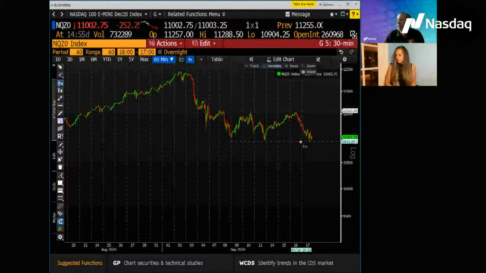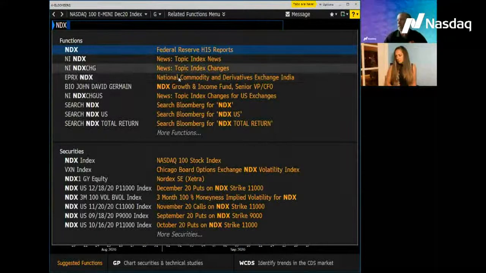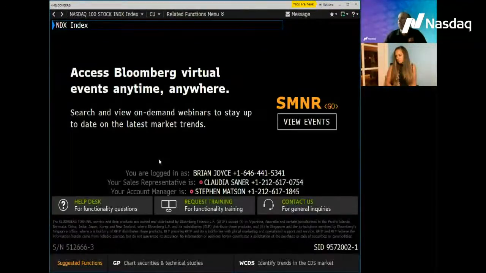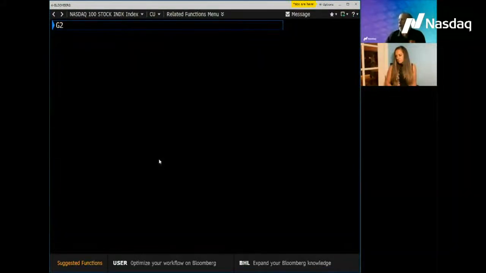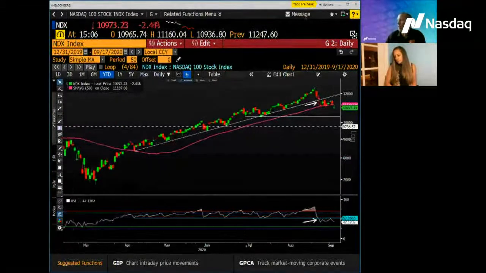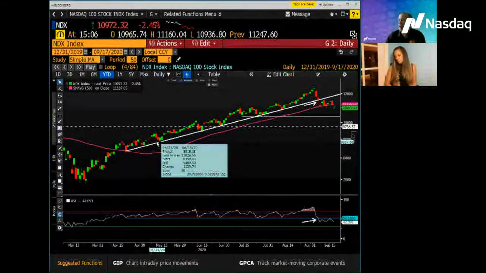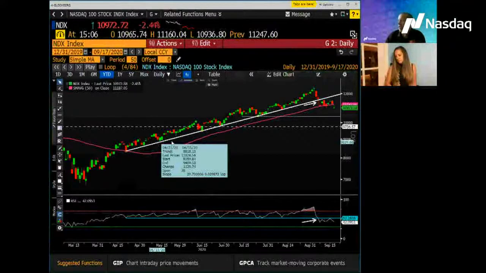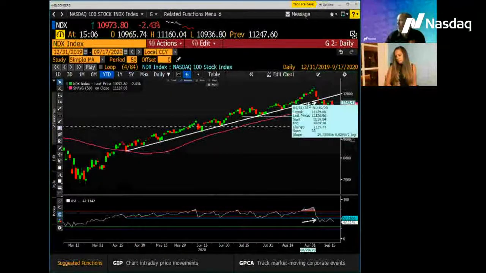So this is your clearly defined range right here, 10,925 on support, 11,565 on top. Whichever side we come out from here, it's the direction I think we're going to go from. And so that's definitely the levels that I think short-term investors want to key in on. Now, if we go to the cash index and the NDX and we look at the daily time period, we could see that we spoke about last week how we knew this pullback was going to be a little bit different than what others we've seen on the way up, for two reasons. One, this rising trend line from the April low, pullback in April and April pivot all the way up